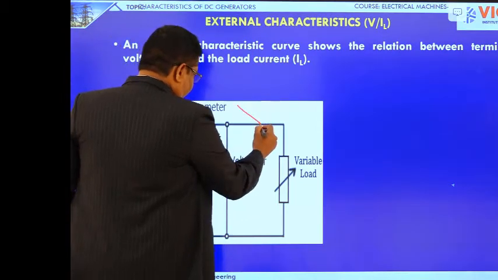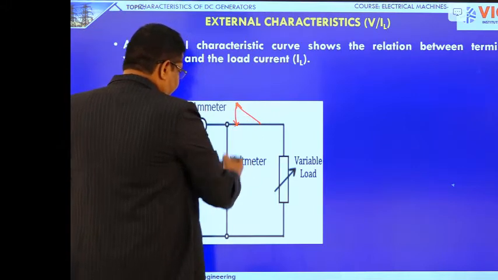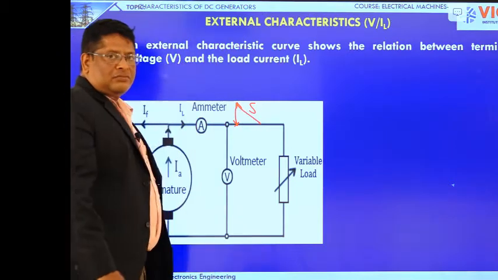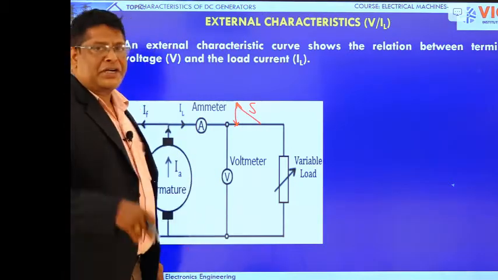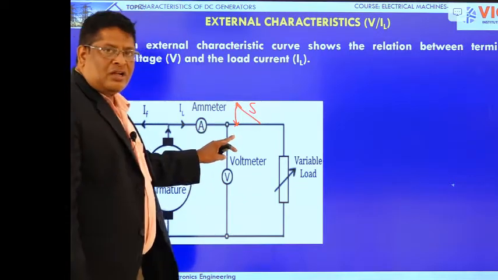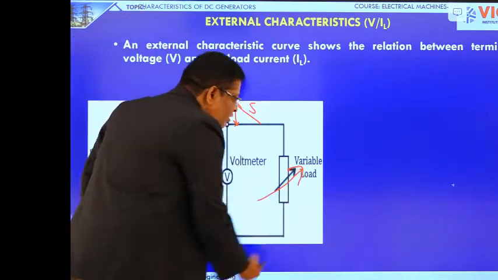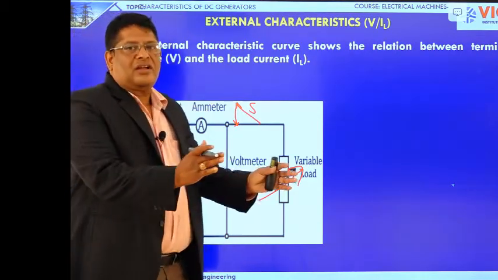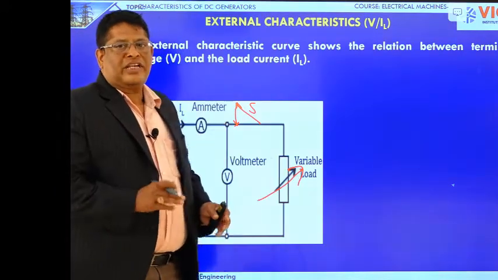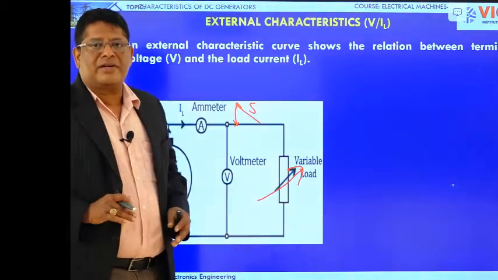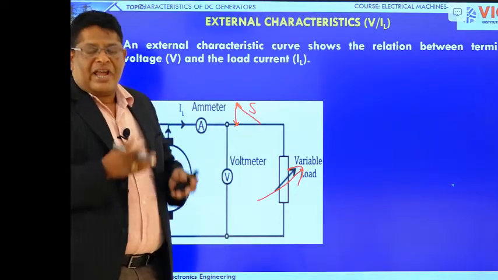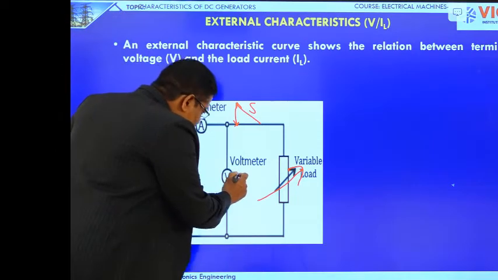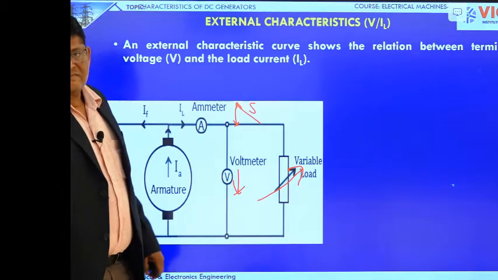Whenever the voltmeter reading reaches the rated voltage, close this mechanical switch and gradually increase the electrical load. In our lab, first we switch on one bulb, next two bulbs, next three bulbs, increasing the load on the generator. As the load increases, the current given by the generator also increases, and the terminal voltage decreases.